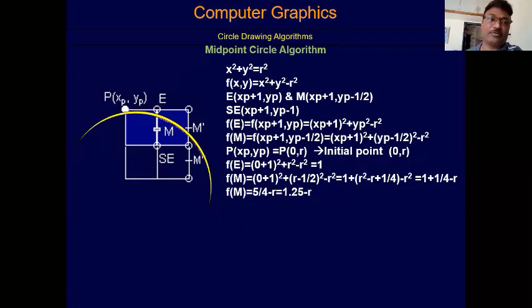From this you have to go ahead, because what is my upcoming point? My upcoming point is m dash or m2 dash. Once I have selected this E point, I have to go for the m dash, or suppose I have selected the SE point, so I have to select the m2 dash point. So for this again I have to calculate the decision parameter for m dash and m2 dash. But how are you going to calculate? See, just have to proceed.